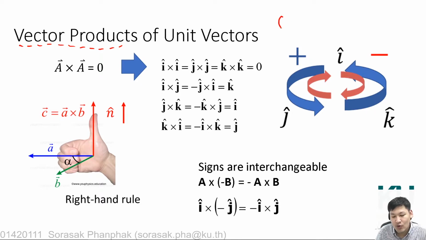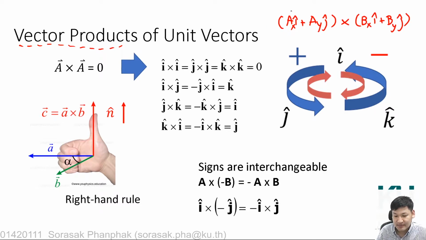That means if you have two vectors, vector A that has AX i, AY j, for example, and you would like to cross it with vector B, BX i, BY j, you can distribute, multiplying A with each term, so you have AX i cross